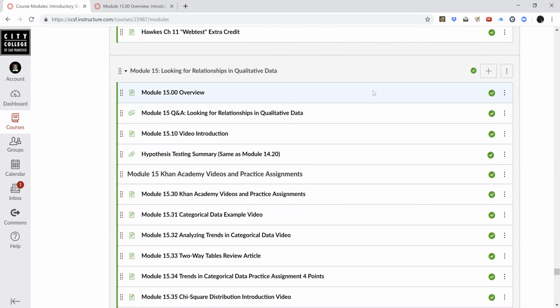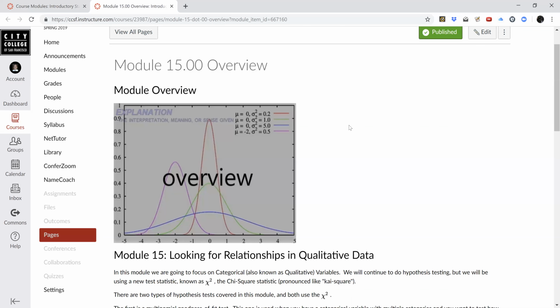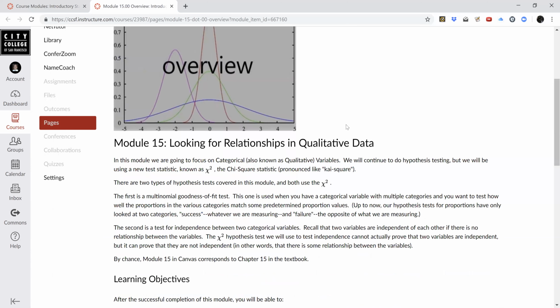In Module 15, we're going to learn about a new test statistic. We've been using Z and T over the last few weeks. In Module 15, we're going to learn about something known as chi-squared. And chi-squared is used primarily, in our case, for categorical data. So we're going to learn two new kinds of hypothesis tests for categorical data, which is also known as a